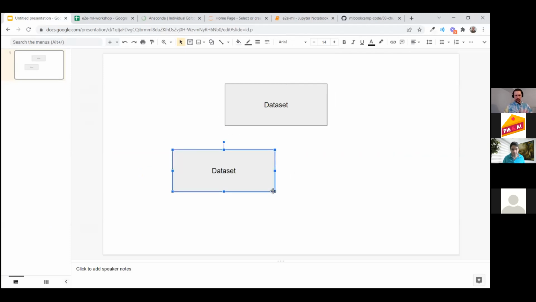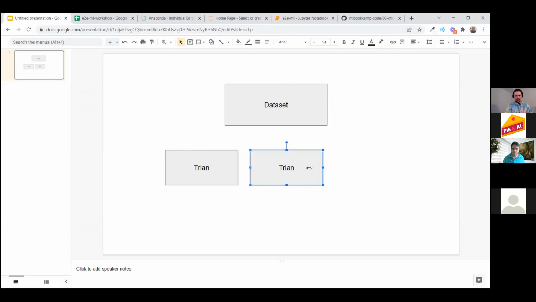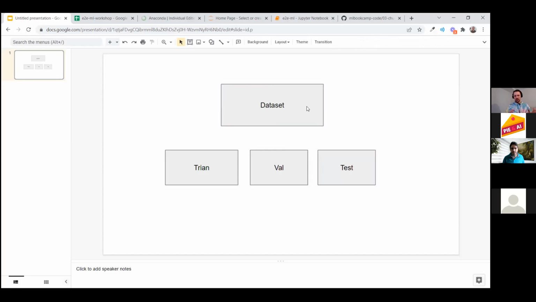So we want to have a training part, which is the part we use for training the model. Then we want to have a validation part. This is what we use for understanding if our model is performing well or not. And then we also want to have a test part. This is what we use at the end for evaluating that our model is actually doing well.